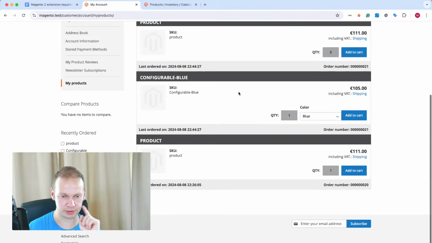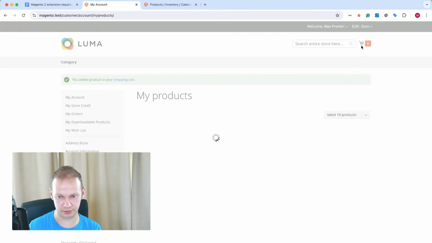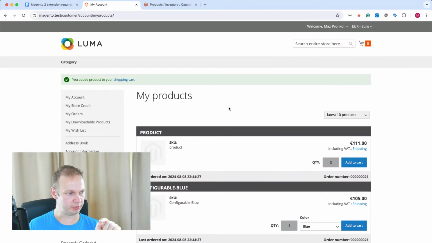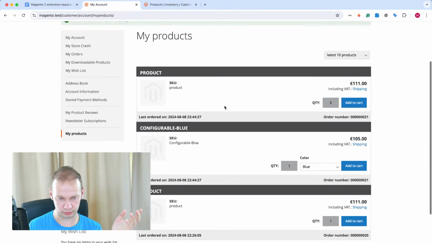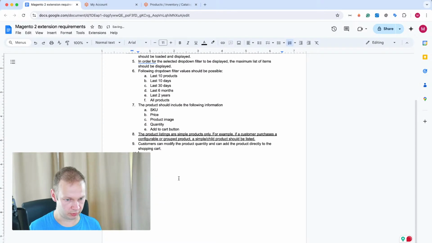It's interesting to mention that the last product and the first product are the same product. So basically, if I click this product, I should see quantity of 7 because it's an identical product. As far as I remember, there is no mention in business requirements that we have to somehow remove product duplicates from this list, or not show duplicate products. So requirement number 10,